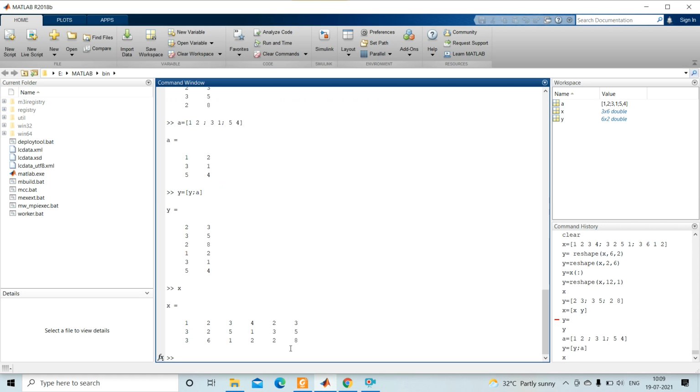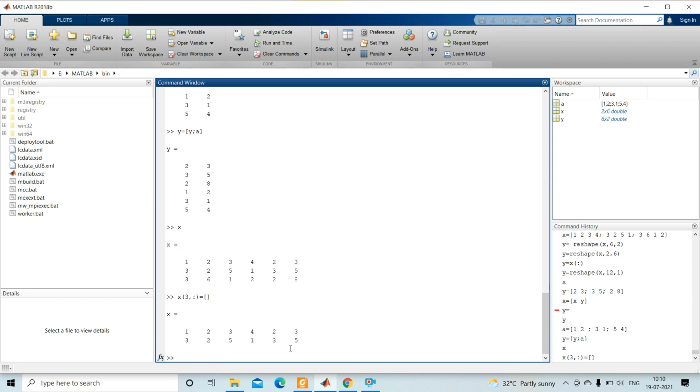Okay, so I want to delete, here we have 1 2 3 rows. So if I want to delete the third row, then I write x 3 comma colon equal to null vector. Okay, then give enter. So see, if I want to delete this third row, then 3 comma colon is equal to null vector. Then this is the command. By using this command we can delete the row.